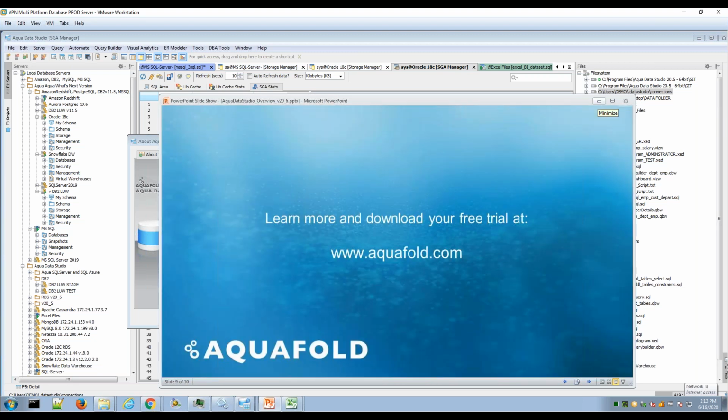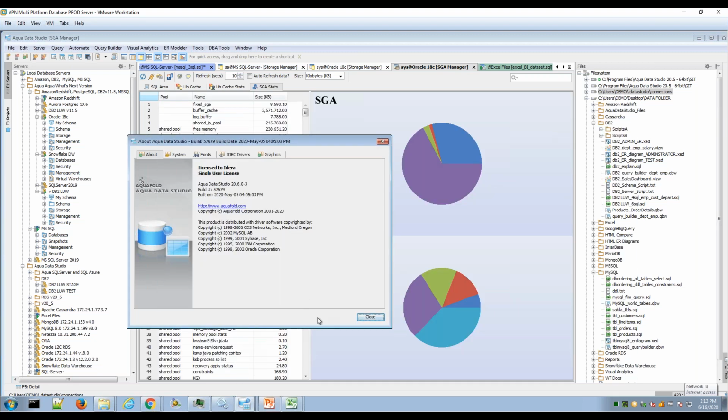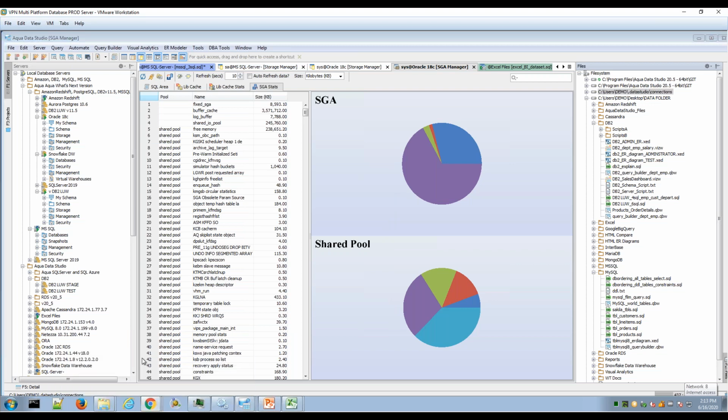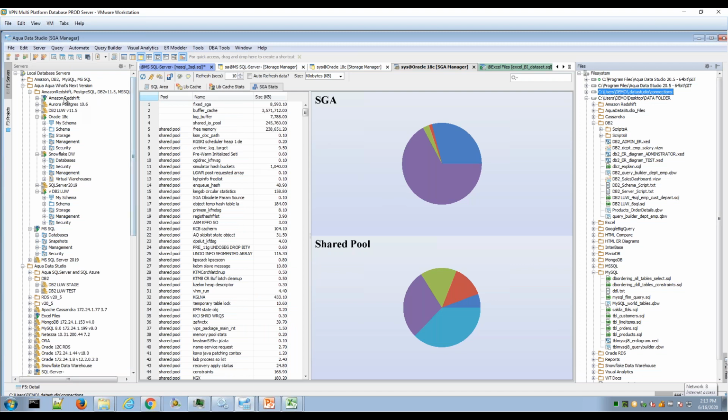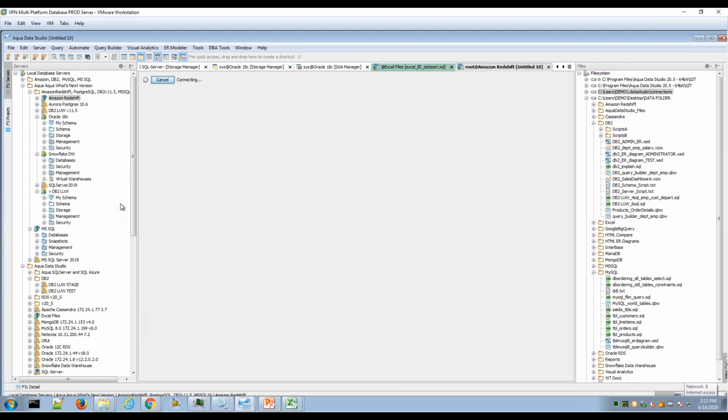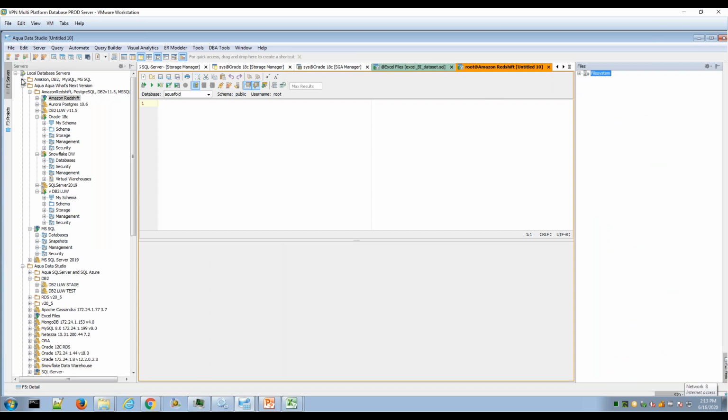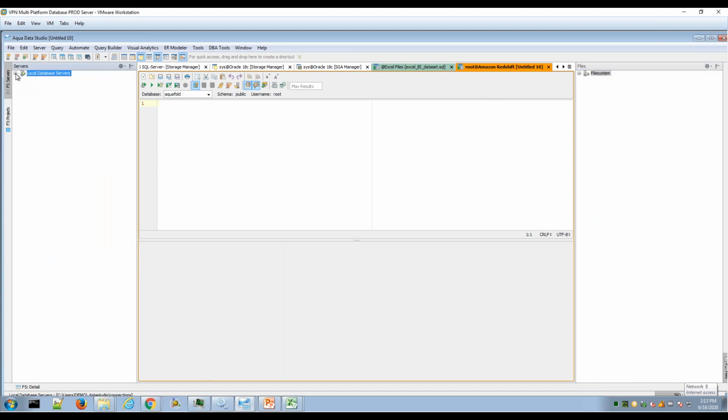Again, there's ways to download from the user site. And then I can have Aqua looking more fancy or more simple, and so let's maybe even take both those approaches. But everything we show here, you can download, and then there's a time trial period for you to be able to evaluate. And so when you first install Aqua Data Studio, maybe I'll just open up a more simplified layout. This is what Aqua would look like for you, where you'd have a new environment, and then you'd be prompted to connect to a database,